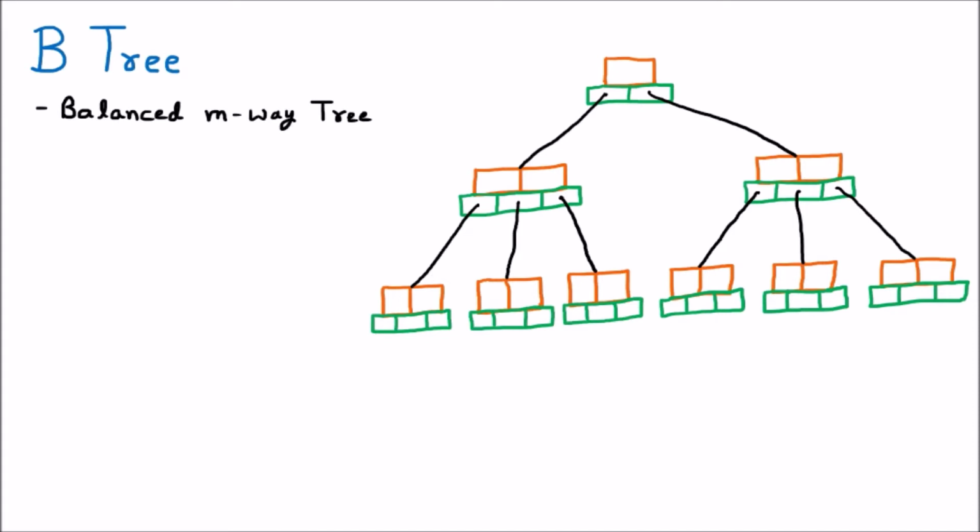Balanced MV tree means that it makes itself balanced. That means it is not like you keep on inserting nodes on the left or on the right without any restriction. No, there is a restriction of height. The height of the tree should be kept as low as possible. That's why we have the restriction on the height, meaning we cannot keep on extending the height of the tree. That's why it is named the balanced MV tree, or height balanced tree, or self-balancing tree. So this is the B tree, and it is in the series of MV trees.